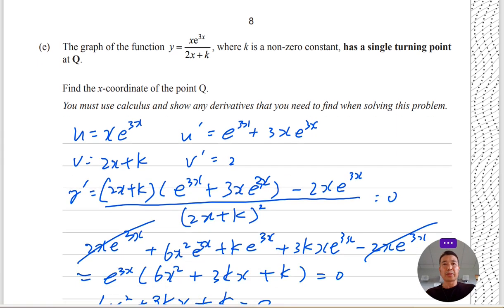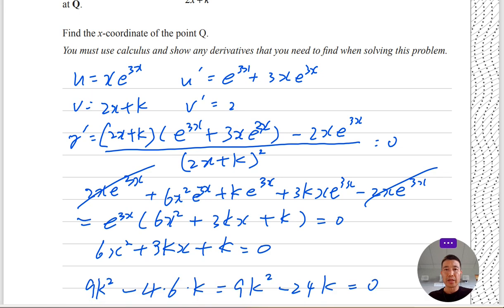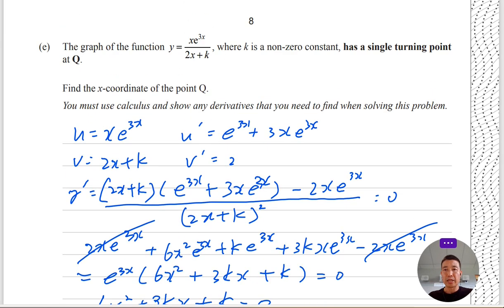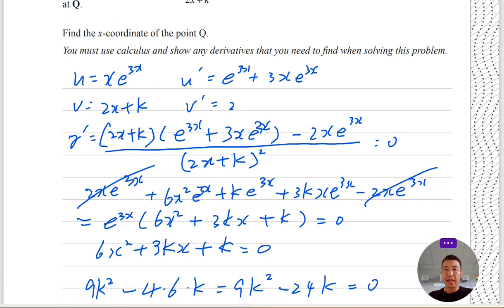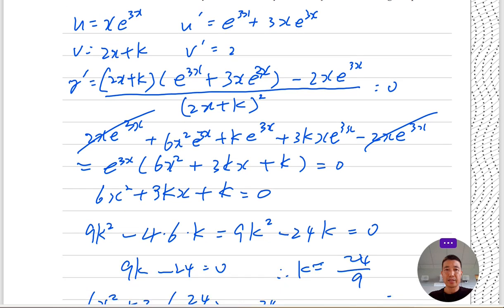Question E. The graph of the function, where k is a non-zero constant, has a single turning point at Q. Find the x-coordinate of the point Q. This is, I would say, a challenging question. So to find a turning point, first you have to differentiate that, right? So quotient rule again, so uv prime and u prime v, and you get that, and because it's a turning point, set it to 0, and then you will find